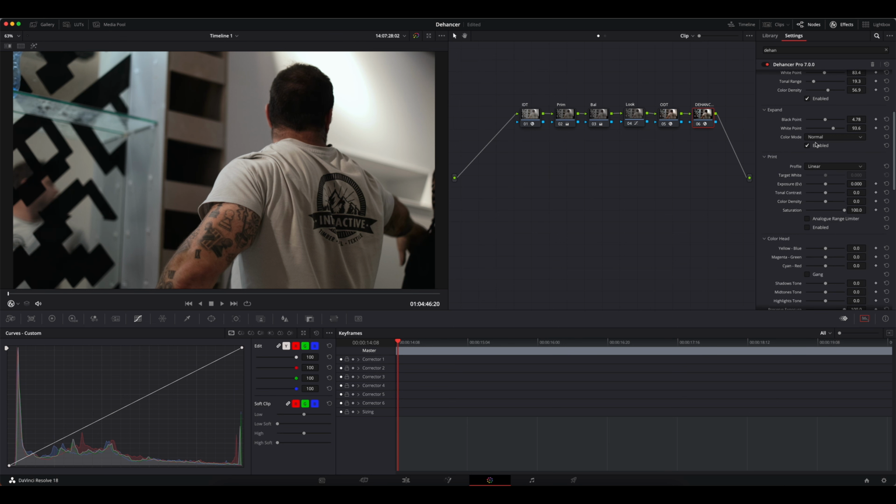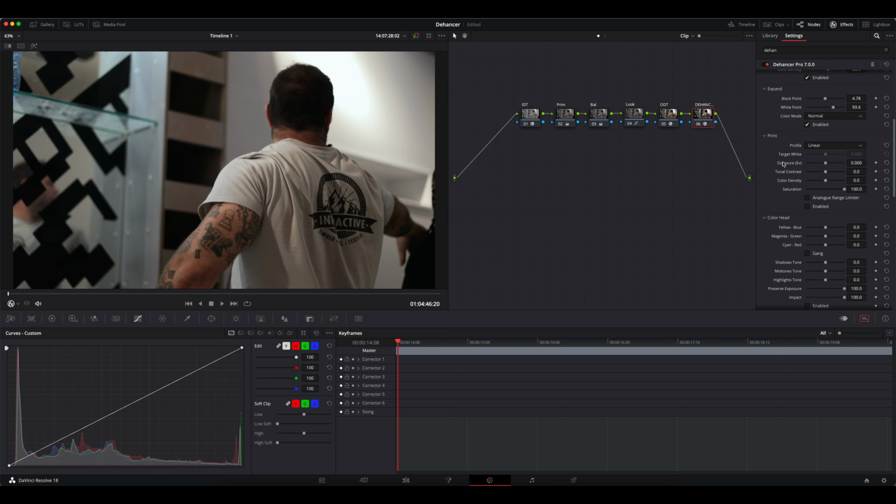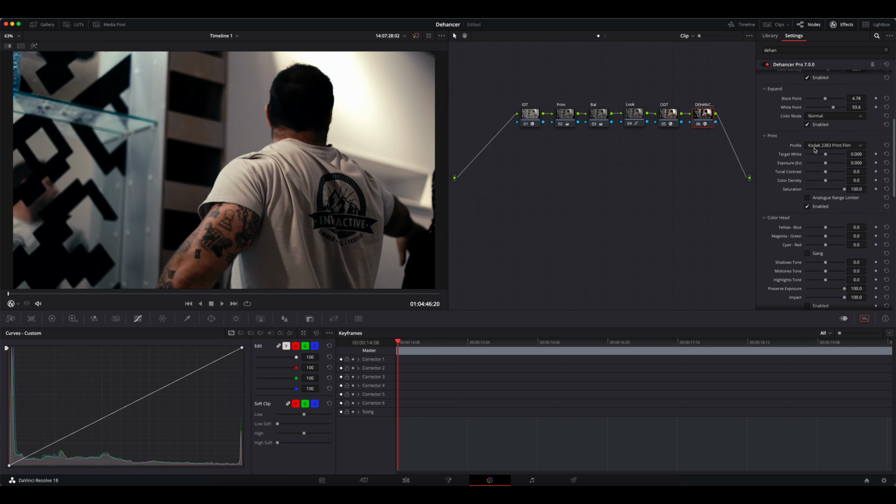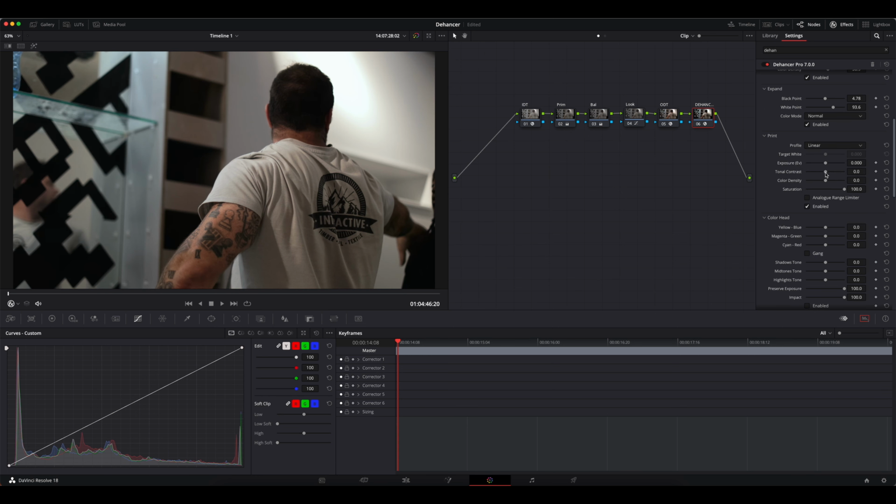I'm not going to play around with this color mode. You got normal and luma. So let's have a look at the next tab, which is print. So under the profile, we've got some pre-set up profiles over here, just to show you the effects that it can have. But we're going to stick with linear for now,